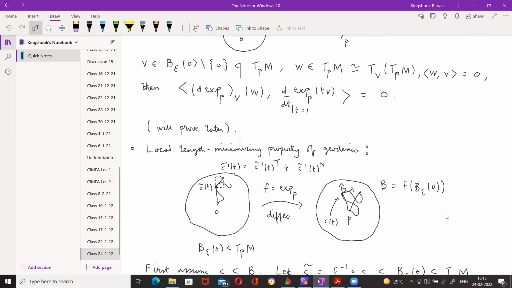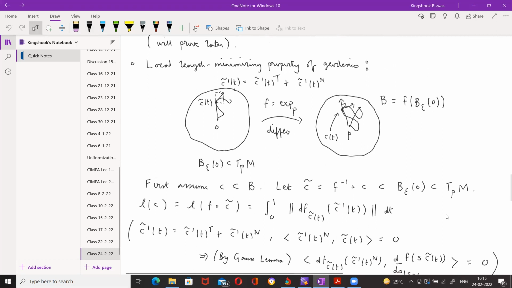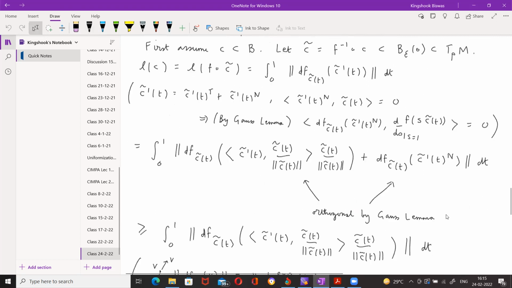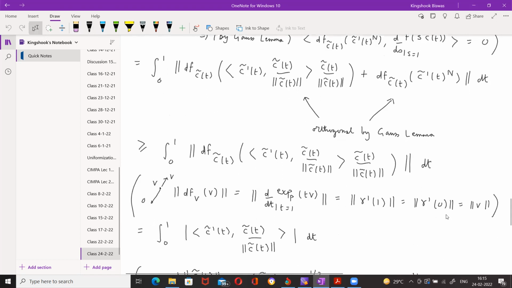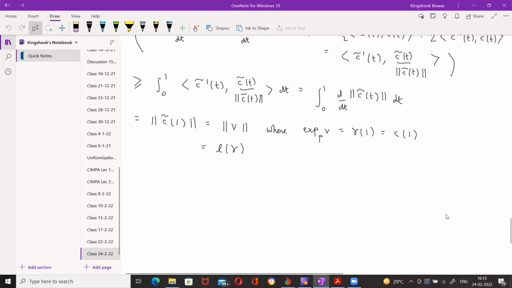Okay, so maybe I'll just write that down, and that will finish the proof. So we are done if C is contained in B, and if C is not contained in B, let